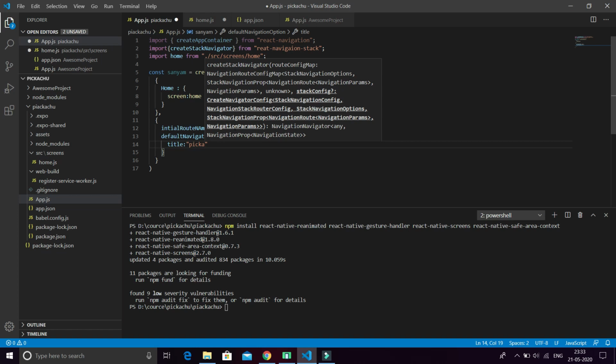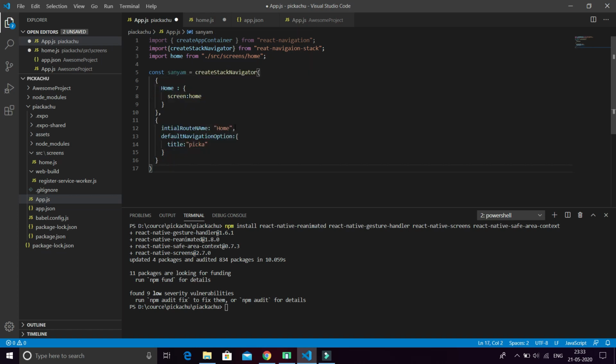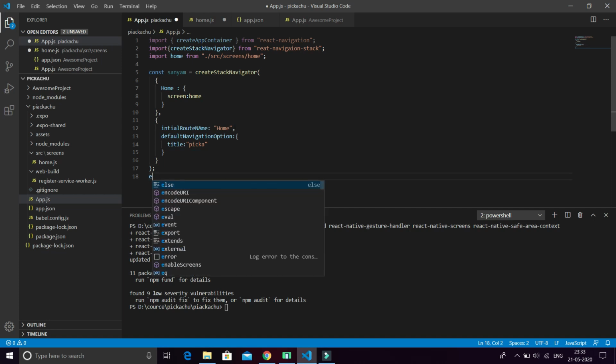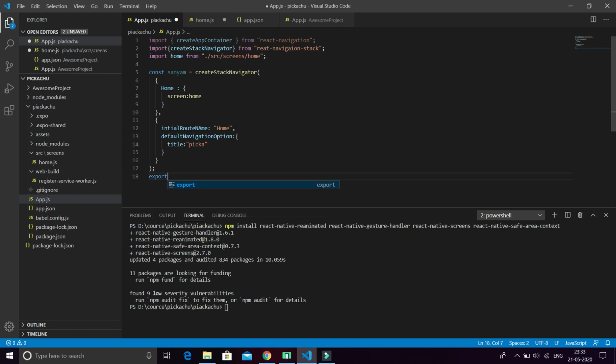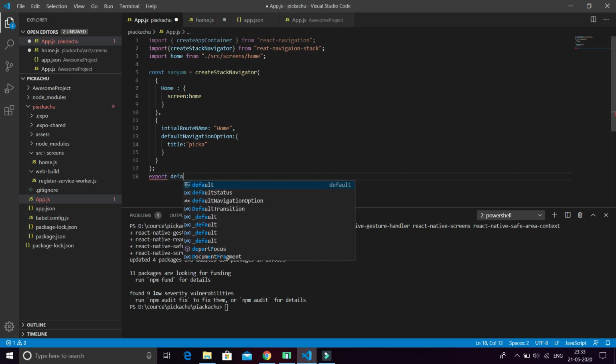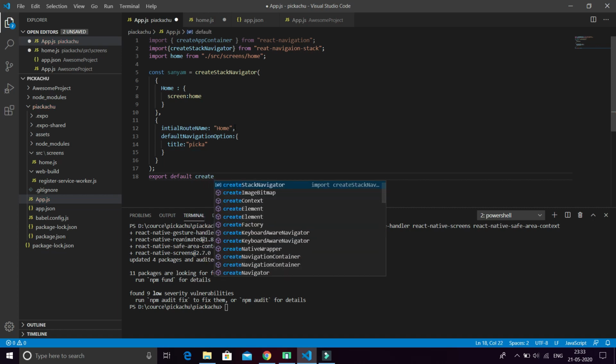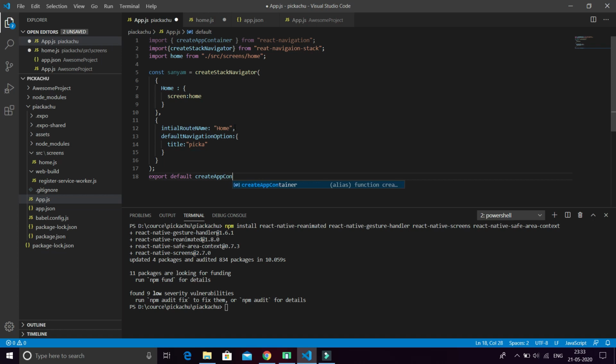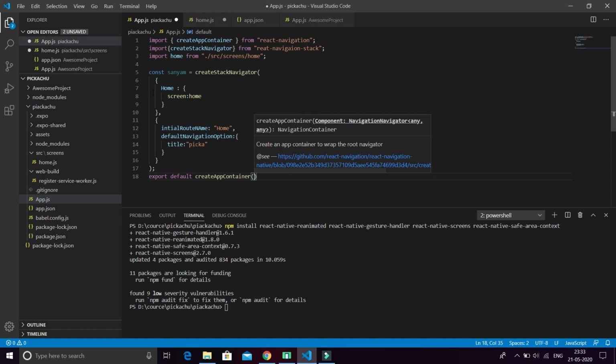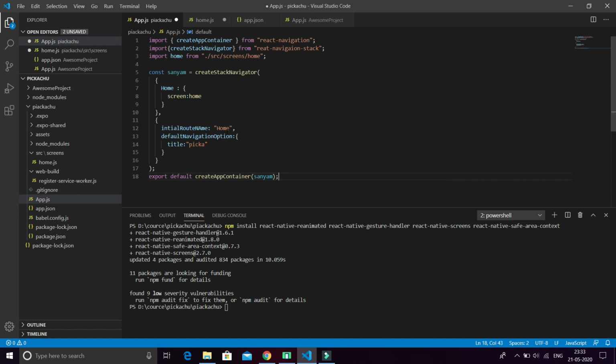Okay, then we just export it, export default createAppContainer, and in the app container I will put this constant which I have taken here, which is Sayam. Okay, and we have all set.